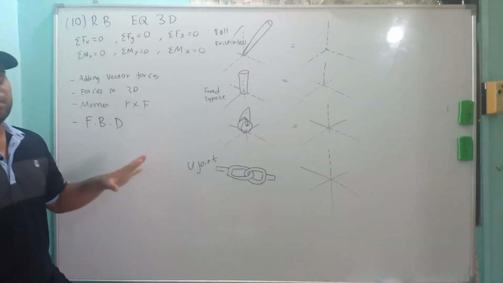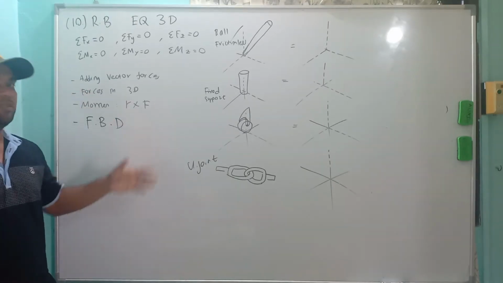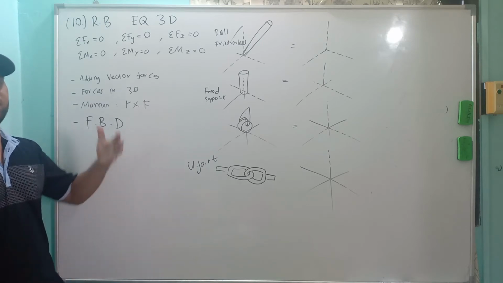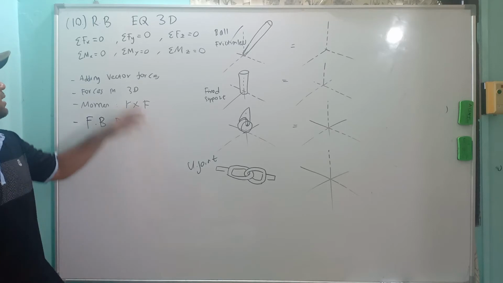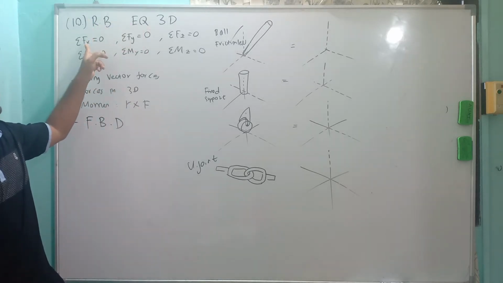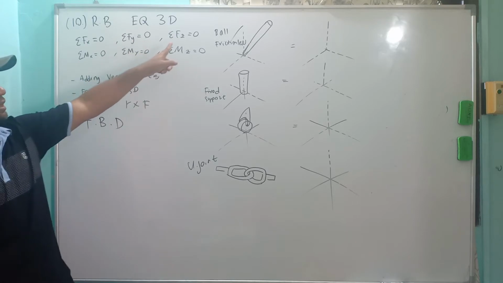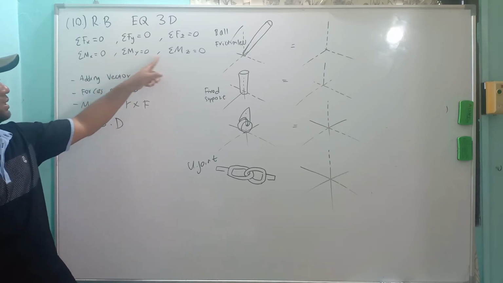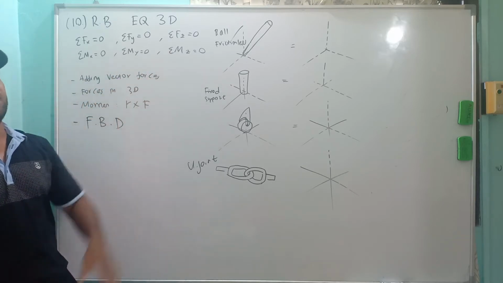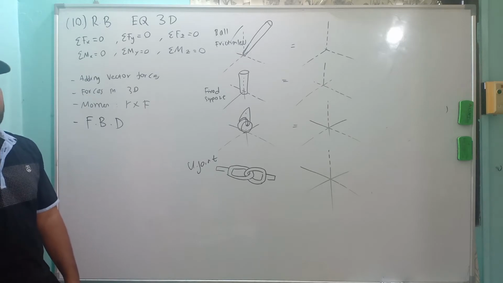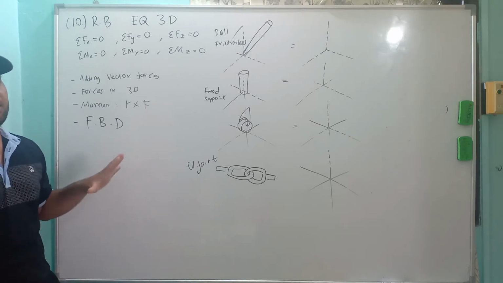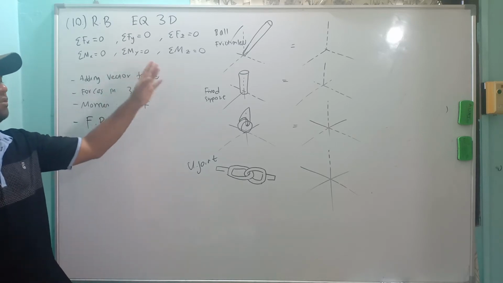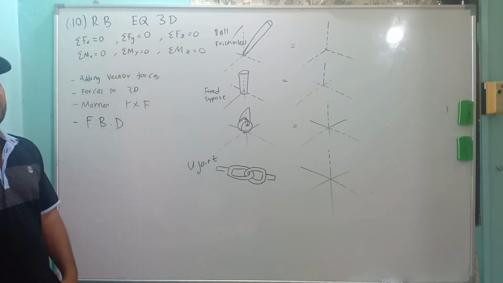If you come directly to this chapter as a newcomer, you cannot answer the questions, because you must have the knowledge from all the previous chapters. In this chapter we have sigma Fx equal to 0, sigma Fy, sigma Fz equal to 0, plus sigma moment in the x direction, y direction, and z direction equal to 0. So we will have 6 equations. In this syllabus we will allow up to 6 unknowns, so with 6 equations we can solve the simultaneous equations.